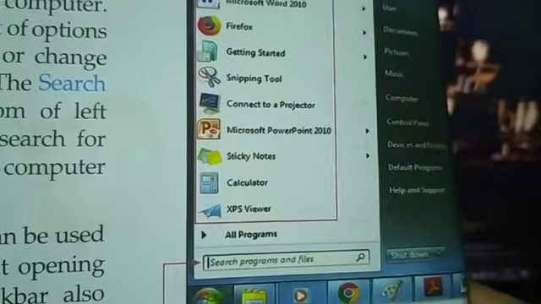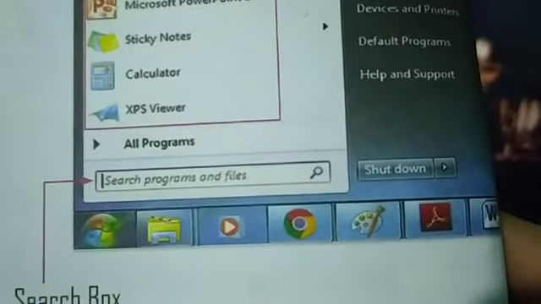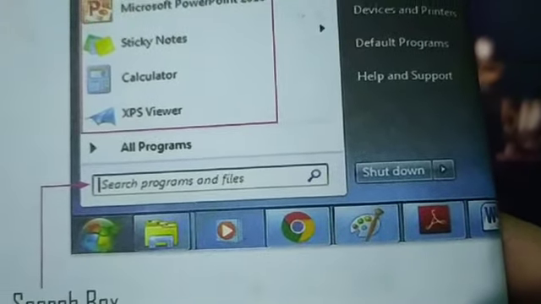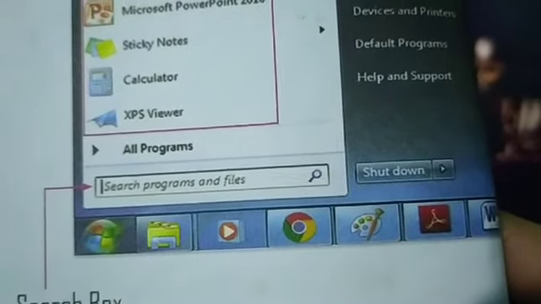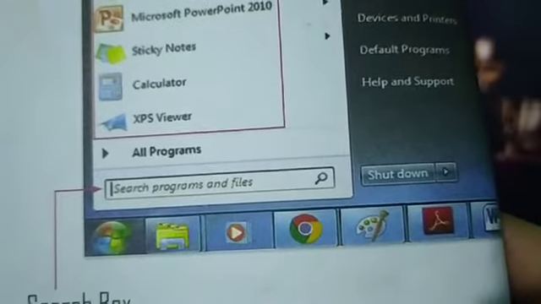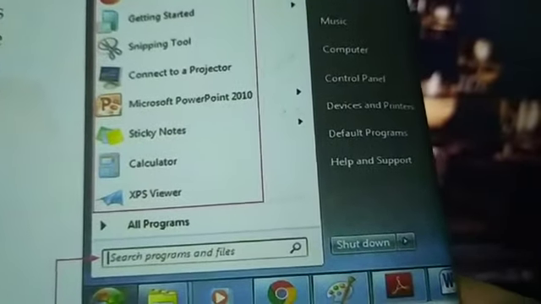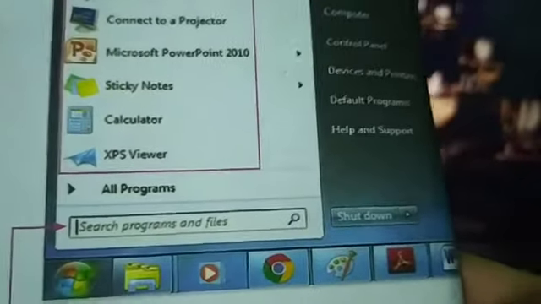It comes with all programs, and the shutdown button you can see here. Shutdown button, all programs, and a search box are also there. These are parts of the start menu. This picture is of the start menu of Windows 7, clear?